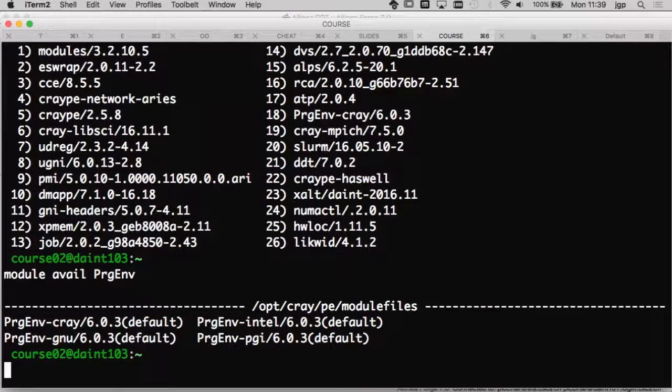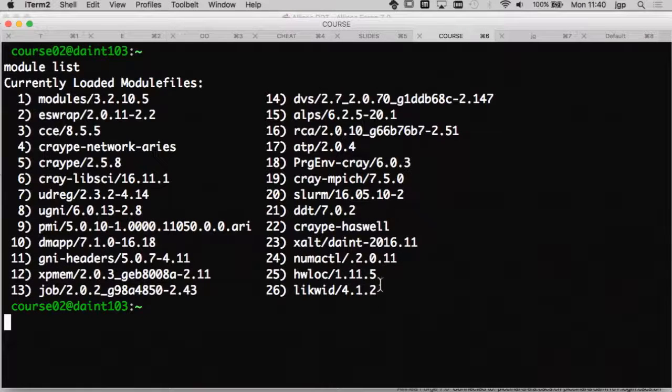But for this course, and I will explain why later, we will use only the Cray and the PGI compiler, because they are the only compilers that support OpenMP 4 and OpenACC. Actually, there is a beta version of the GNU compiler that supports OpenACC, but it's still not very usable. So we'll stick with the Cray and PGI compilers.